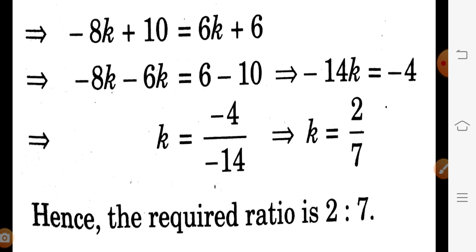Then in the questions, if the ratio you have to find, then you should take the ratio as k:1. If you are taking the ratio as m:n, then you are getting two complicated equations, and on solving those two equations you get the answer. But if you are taking k:1, then easily we are getting a linear equation and we are able to tell the value easily.